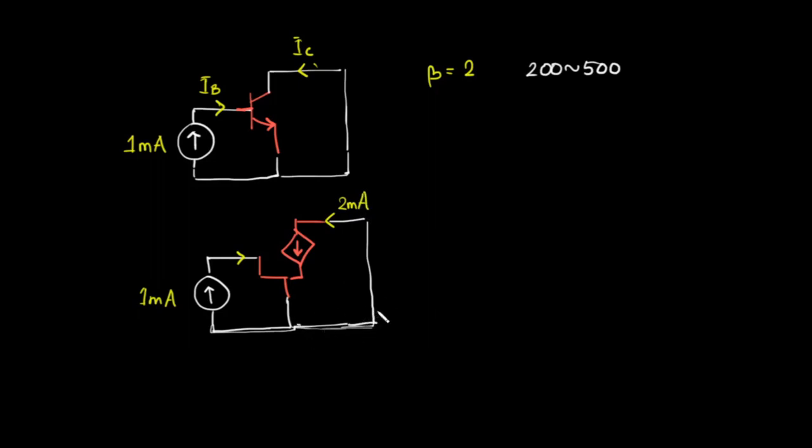Why is that the case? You see, a BJT is made up of different types of semiconductor materials, like silicon and germanium. We put them together in a specific configuration, and it acts like a current control current source. But this device that we are using cannot supply any power, any voltage or current of its own. What do I mean by that?